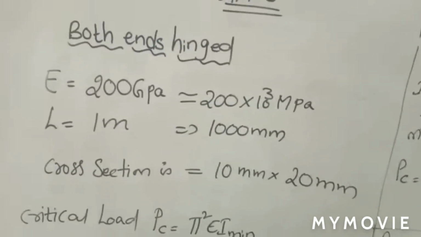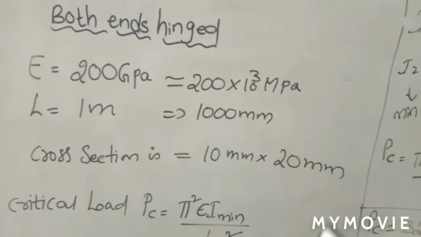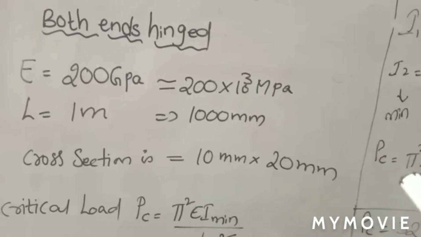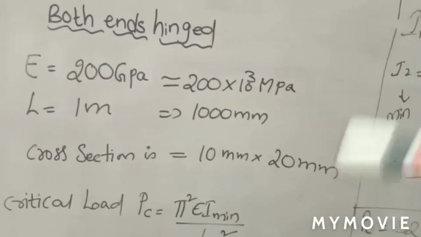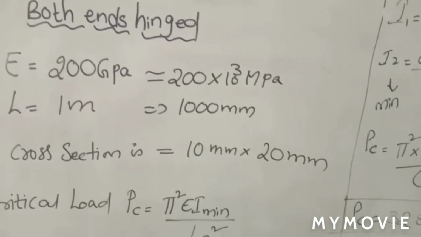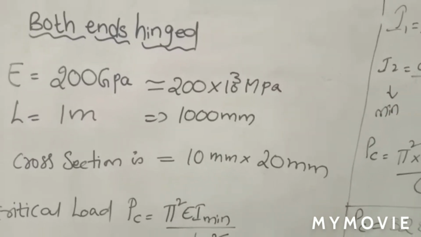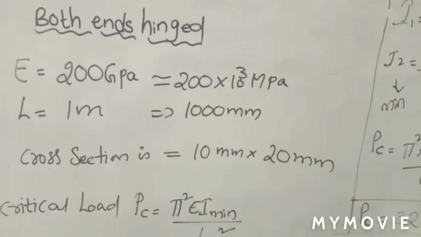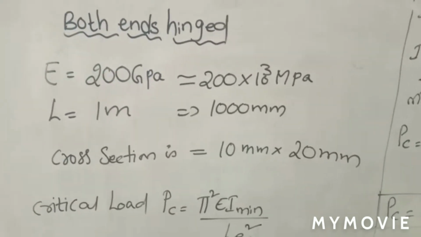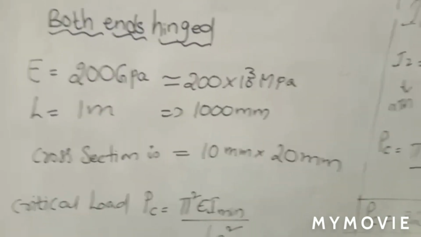Simply note down the given data mentioned in the problem, and first note down what is required to be found. Note down the formula, then interrelate your formula with your required data. Then it is very easy for you to solve the problem. So practice more problems based on columns. We will try to solve more problems, whatever questions were asked in your previous examinations, in these sessions and in coming sessions also. Thank you.